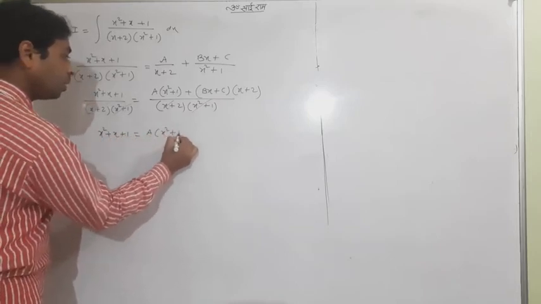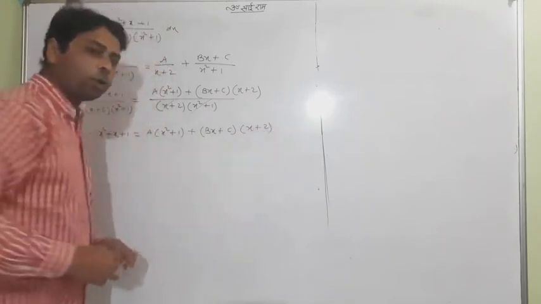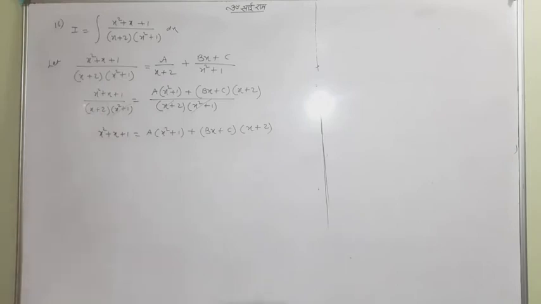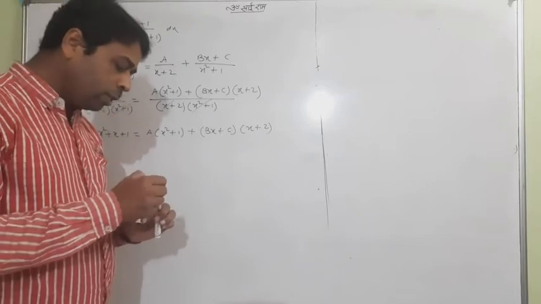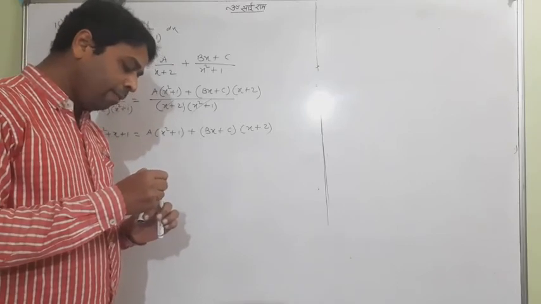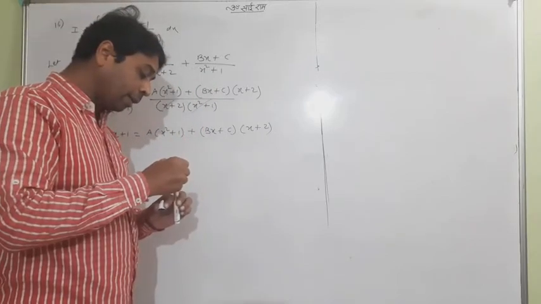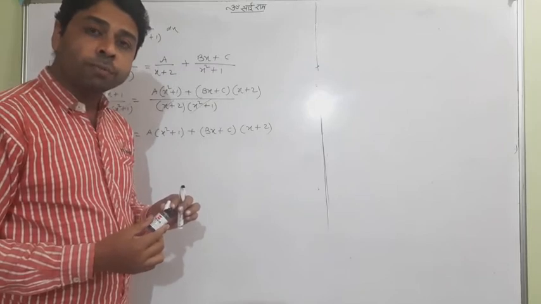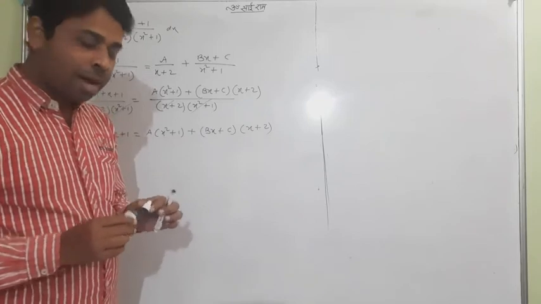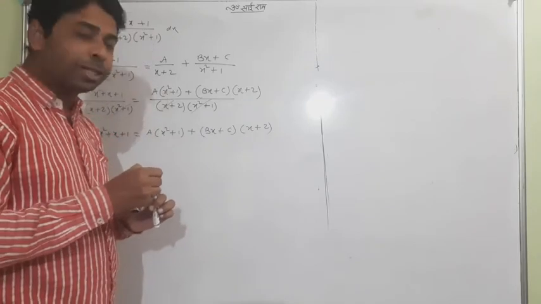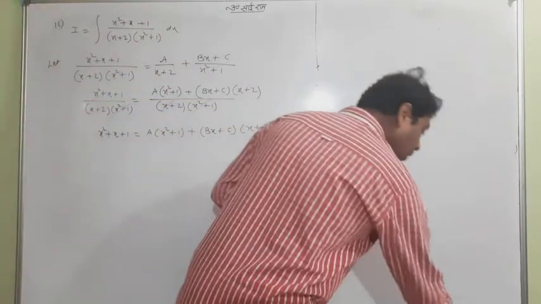Now you remember, students, my words: always wait for the linear factor. And students, if you focus on that, x plus 2 is a linear factor. Whenever you see a linear factor, take the help of the linear factor, make it 0 by putting a proper value of x. And you should know what value is proper: x equal to minus 2. When I put x equal to minus 2, it will definitely get 0, so it can give us one value.